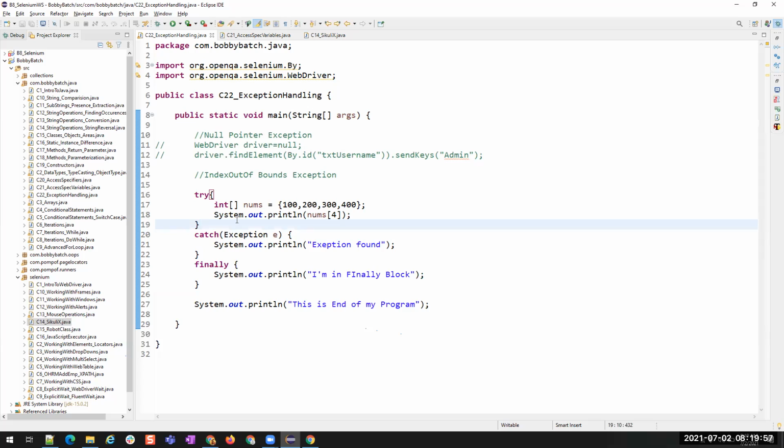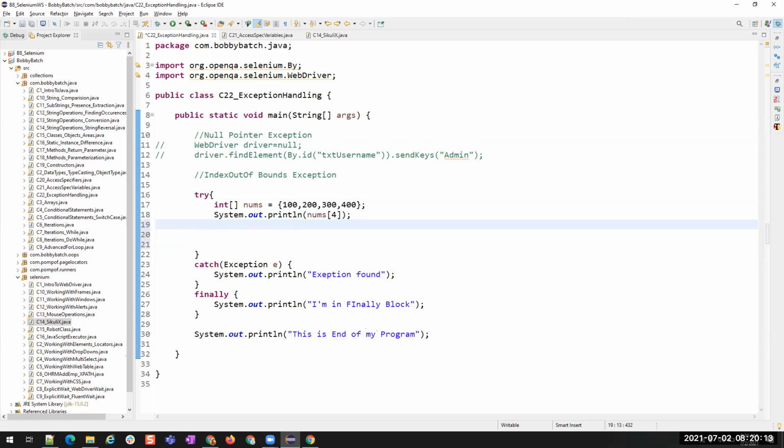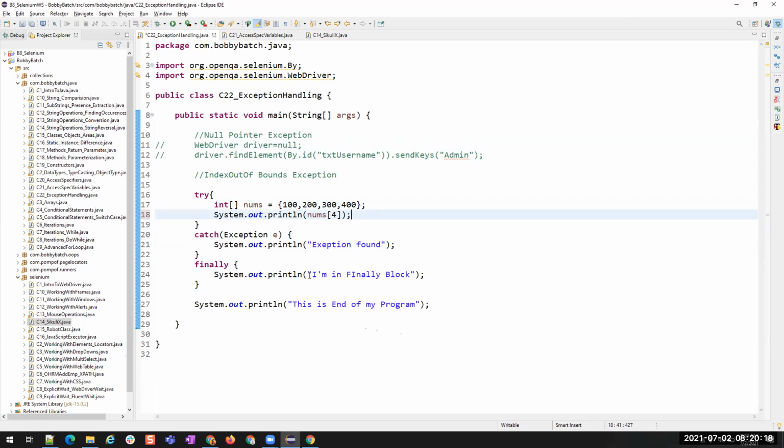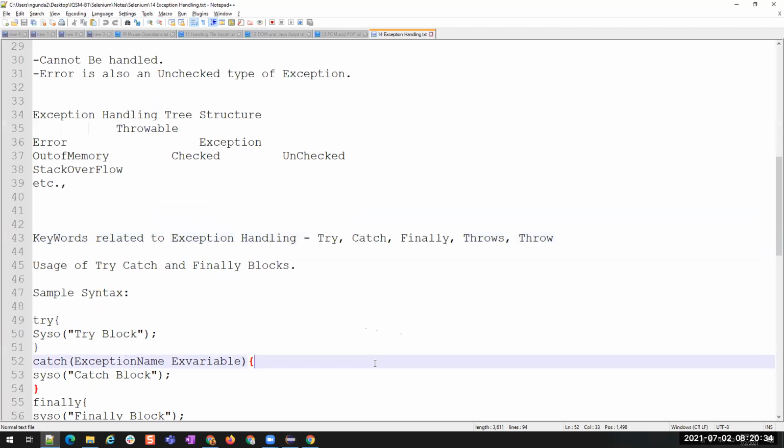Good. And similarly, okay, so you can have try catch block inside a try block, or you can have a try catch block inside a catch block. You can have a try catch block inside a finally block as well. There is no restriction that you cannot have try catch inside a try block. You can have. Okay. Good. So this is about try, catch, and finally, this is how we handle the exceptions.